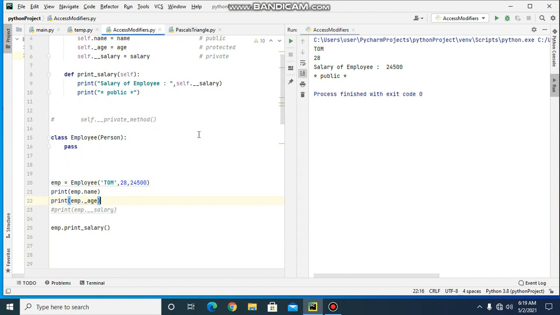So now we will try to access the protected methods and private methods from outside the class.